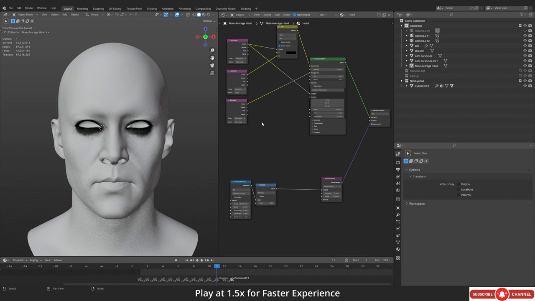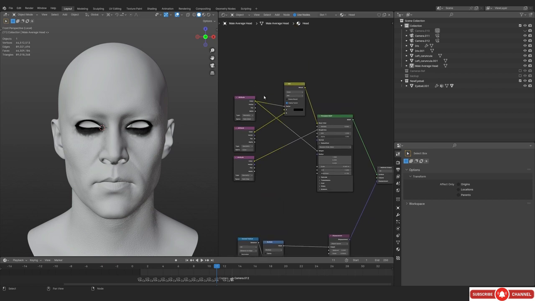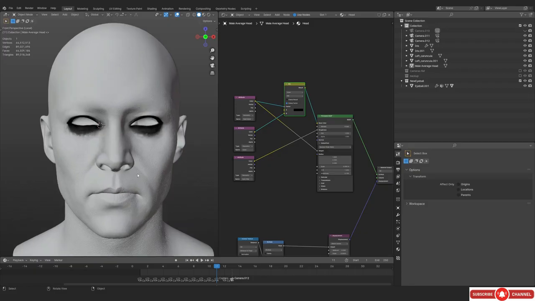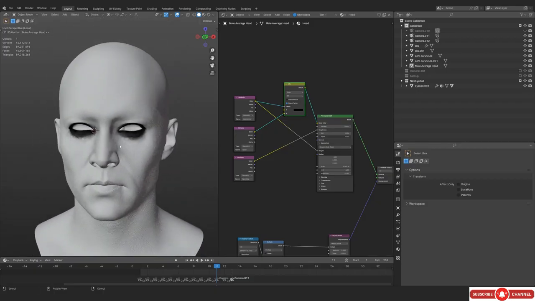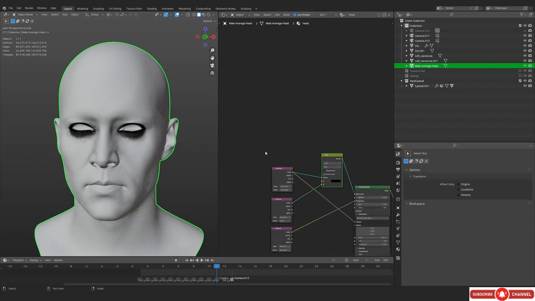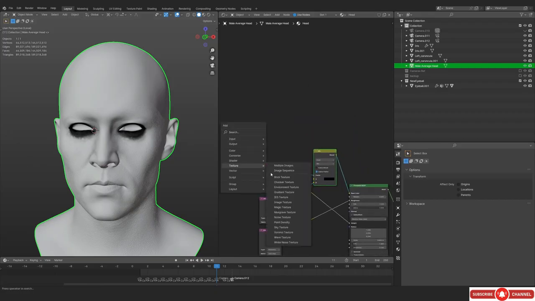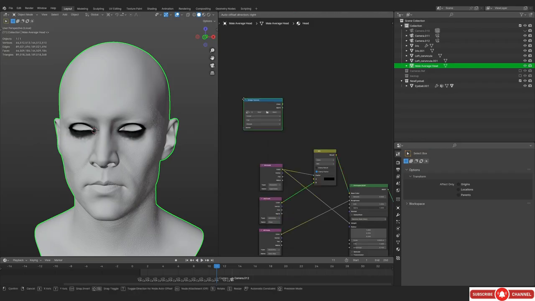thinking that we still need to do the micro displacement map. Well, I know the sequence is a little bit weird, but the thing is the file is getting a little bit heavy, and we also need to do the clothes and the hairs. So we obviously cannot do that in this particular file, and in order to render it out, we're gonna have to bake it. You obviously don't need to. If it is working fine on your PC, then you can actually just get away with it. But yeah, let's just do it.